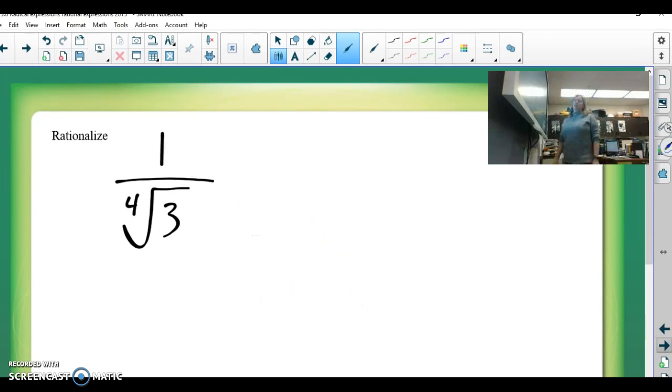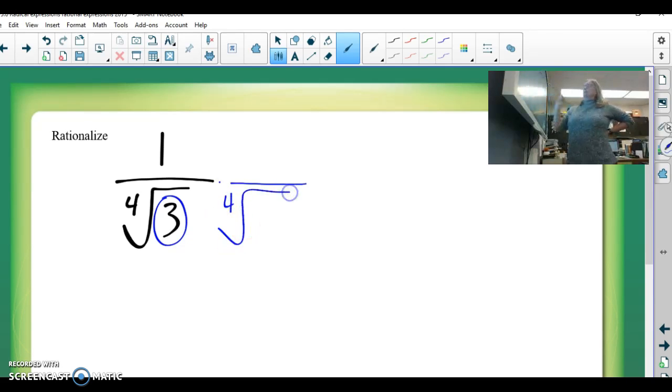Okay, go ahead and try to rationalize this problem, and then come back and check it. We want to get rid of the radical symbol in the bottom, and so the 3 has no perfect fourth roots in it. So what we need to multiply by is something that will allow us to pull out a perfect fourth root. So if I multiply by the fourth root of 3 to the third,